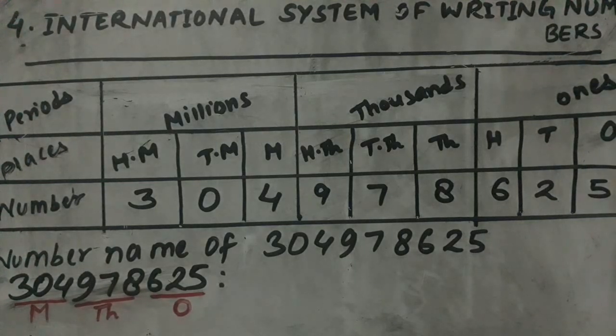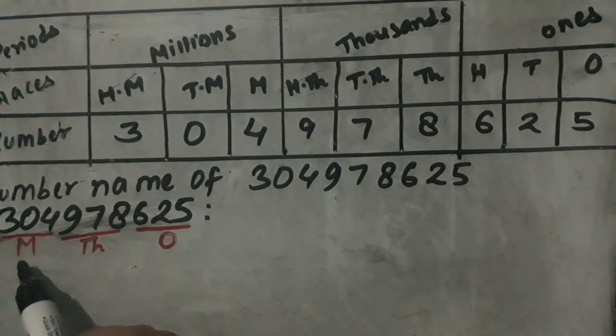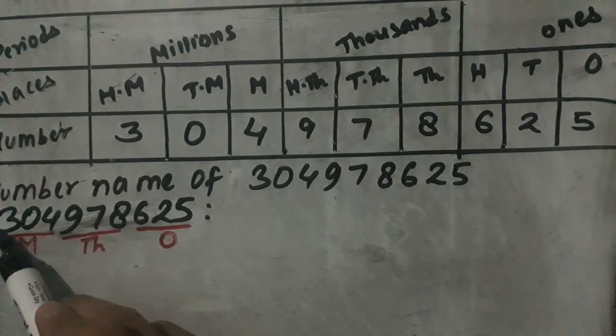So students, now let's write the number name. As I have already told you, while writing the number name you have to begin from the greater period. Here between ones, thousand, and million, the greater period is million. So we have to start from million. You have to start from the left. In the period of million you can see 304. So students, 304 means